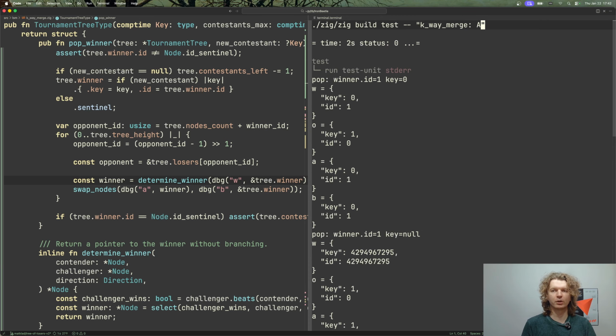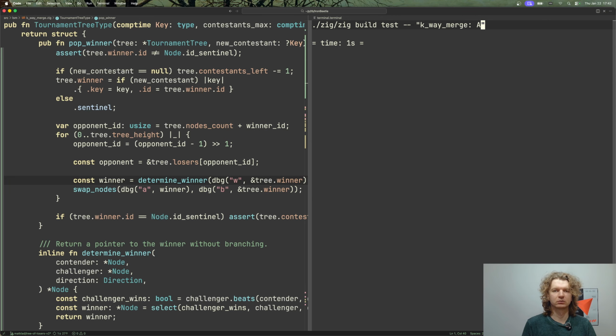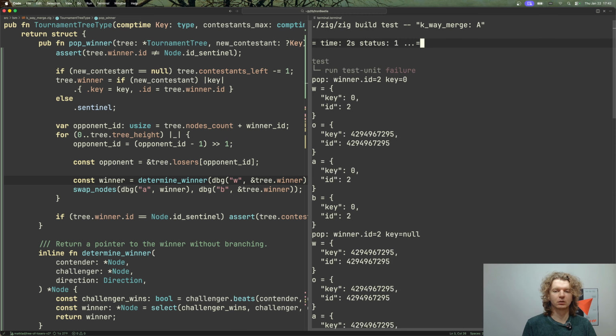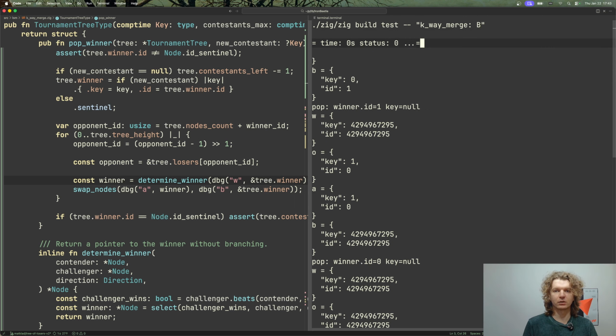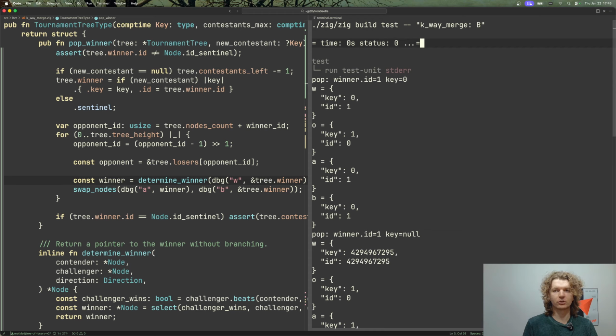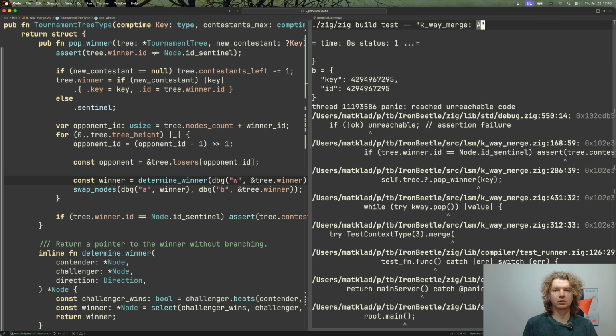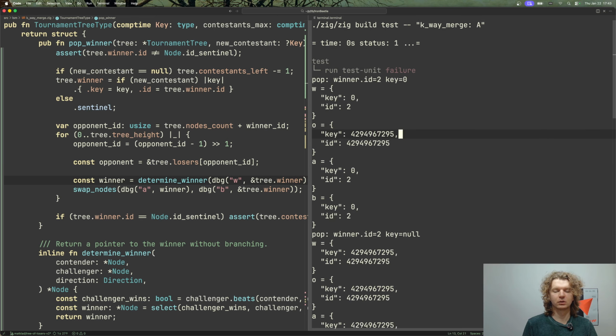Okay, and now if we check to A, okay, so this I think is the difference, because winner and opponent here is Sentinel, and there I think the first opponent wasn't Sentinel, right? Yeah, so the first opponent was